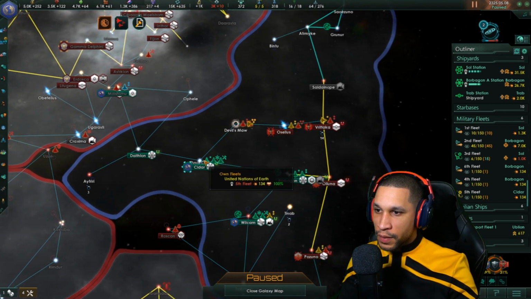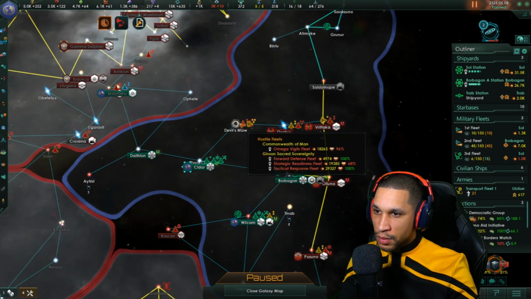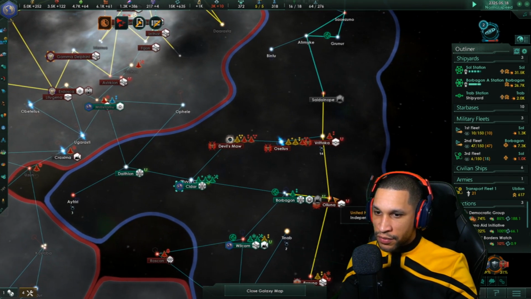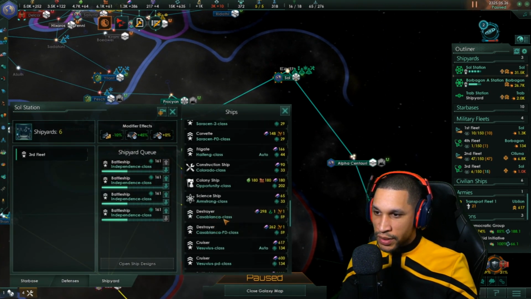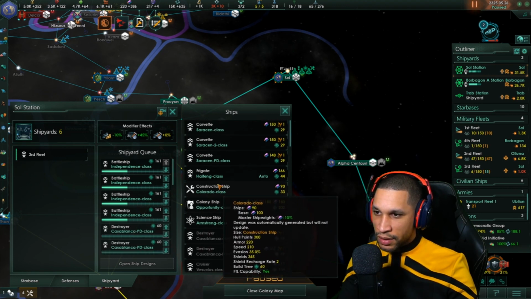All right. And here in a little bit, I'll get all these ships merged. But yeah, they're attacking the Devil's Maw system now. That'll be an easy take for them. We'll take this back. And hopefully, like I said, this plan seems to be working a little bit right now. We're just playing a little bit of back and forth with them. They take a couple of systems. We take some back. The circle of life in